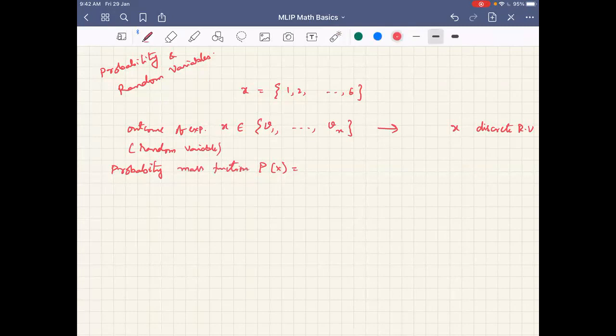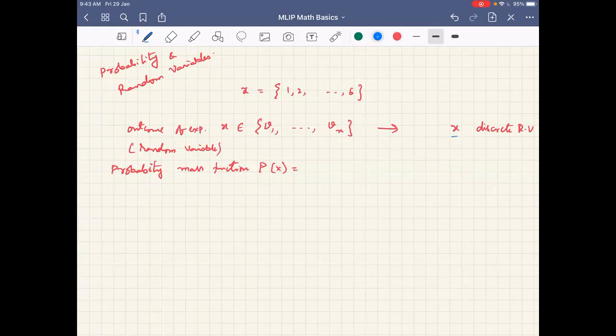The difference between a random variable and a deterministic variable is that a deterministic variable is a constant. It will have only one value with certainty. Whereas for a random variable, there is a probability associated with taking one of the outcomes, and hence you should associate it with either a probability mass function or a probability density function. The moment a random variable comes, the probability mass function or probability density function has to come into the picture.